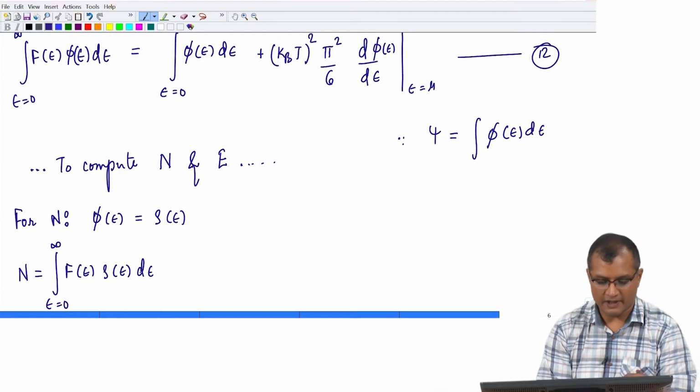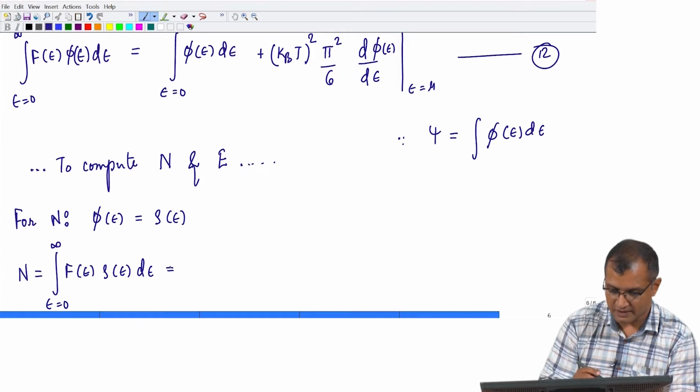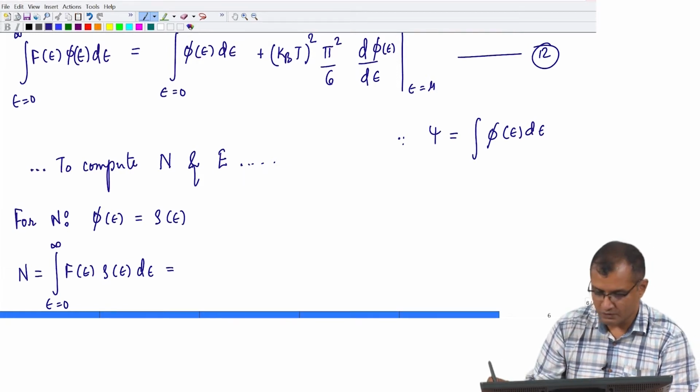So, putting phi as rho E, this will give me the n, which means on the right hand side I have to put phi as rho E. So, if you do that, what you get